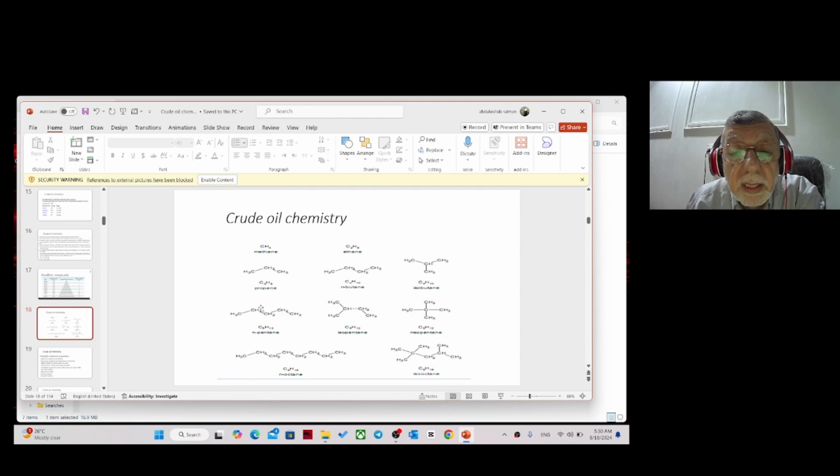So what do I mean by iso? This is normal pentane, and this is isopentane. This is a straight chain, there is no branch, so it is normal. This we call iso because there is a branch. There is a system for nomenclature not mentioned here, but in future I will give one lecture about the nomenclature of hydrocarbons. But for now we only call it iso, because this iso is different from this iso. So this is isooctane and this is another iso, so it is different and needs a special nomenclature.